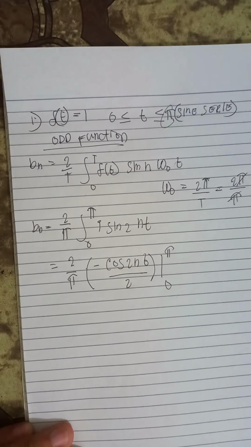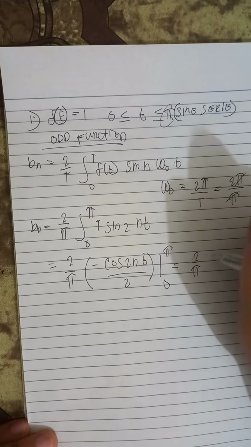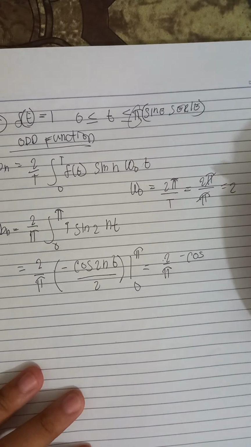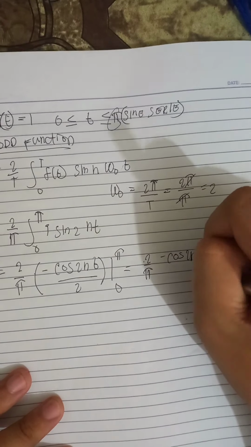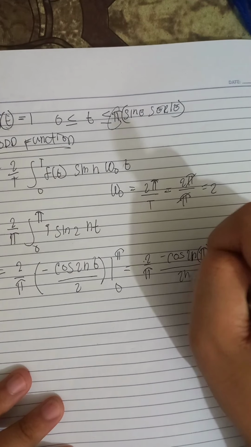We have the value of f(t) equal to 1, so it will become 2/π times the quantity of negative cos(2nt) over 2n,